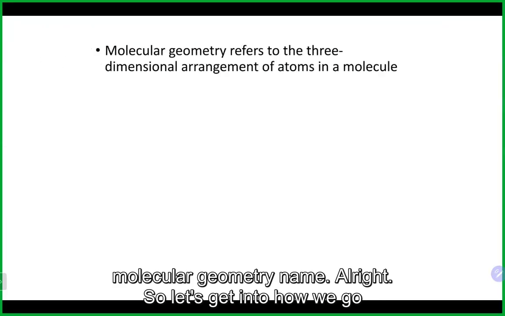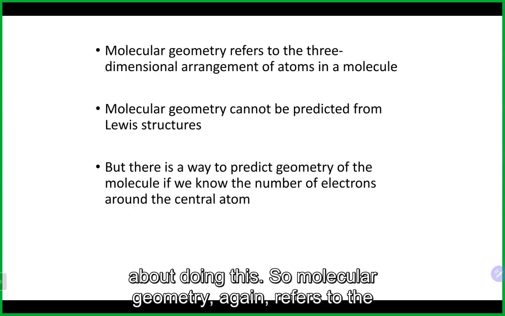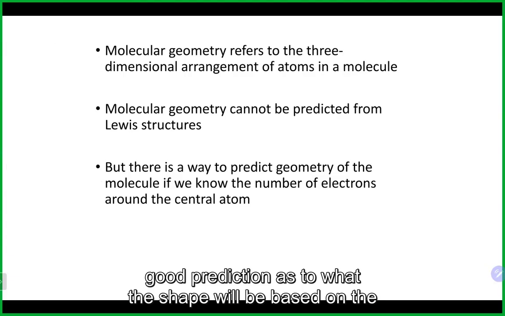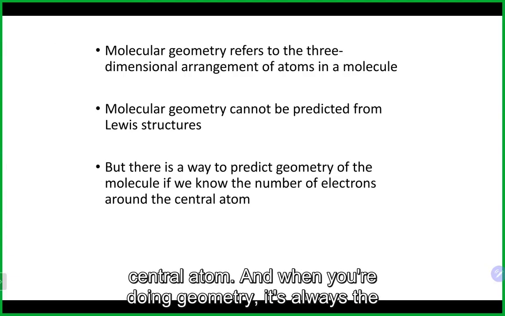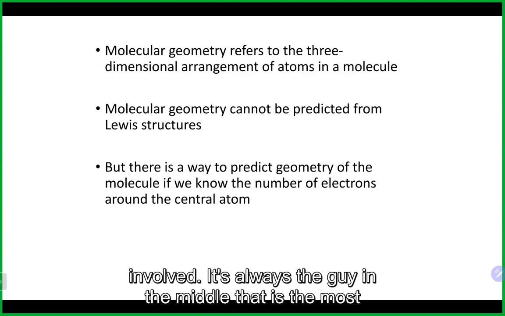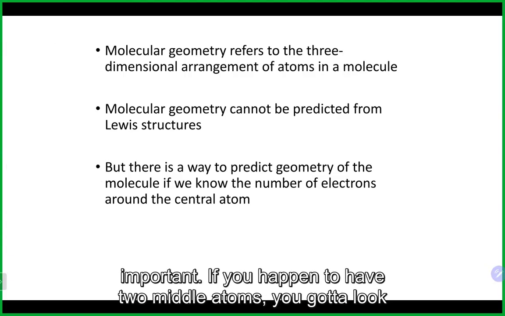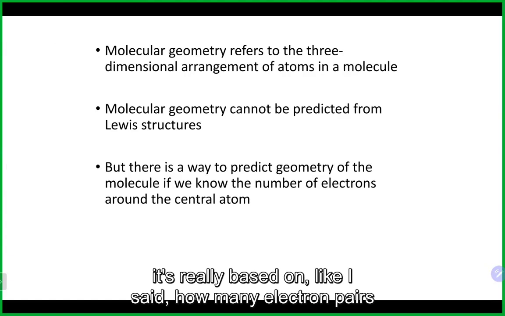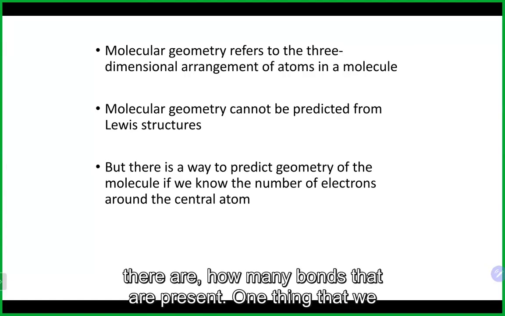All right, so let's get into how we go about doing this. So molecular geometry, again, refers to the three-dimensional shape of the molecules. We can make a pretty good prediction as to what the shape will be based on the central atom. And when you're doing geometry, it's always the central atom that's where you should look. No other atom involved. It is always the guy in the middle that is the most important. If you happen to have two middle atoms, you've got to look at them both separately, but it's always the center atom. And it's really based on, like I said, how many electron pairs there are, how many bonds are